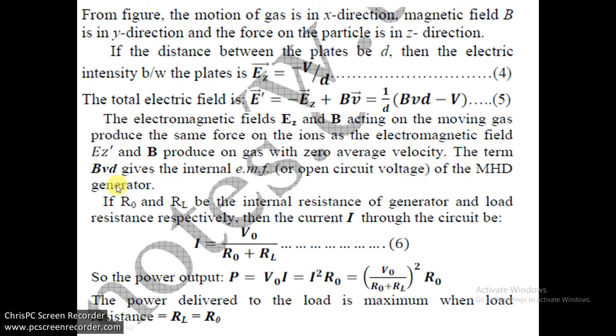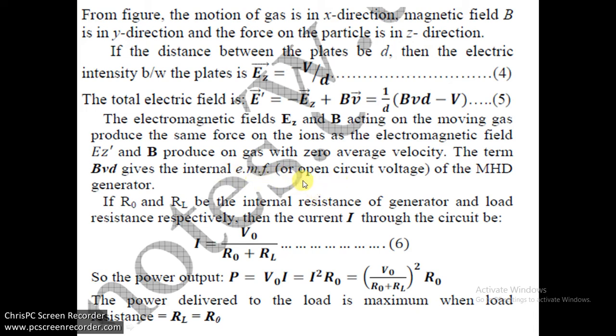The term VBD gives the internal EMF in open circuit. Okay, VBD is always produced as internal EMF. Internal EMF is nothing else. A circuit has its own resistance, and in order to overcome that resistance some potential difference is required to flow charge inside it. So this resistance of the circuit's own is termed internal resistance, and the EMF induced in this circuit